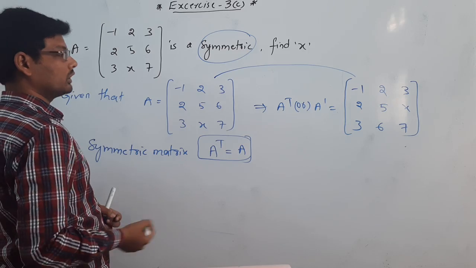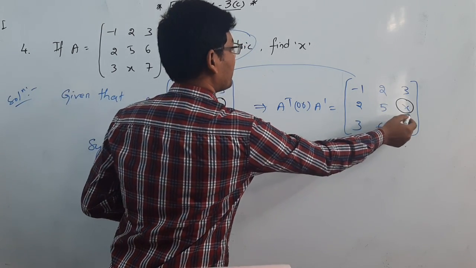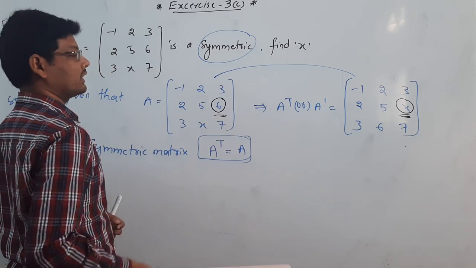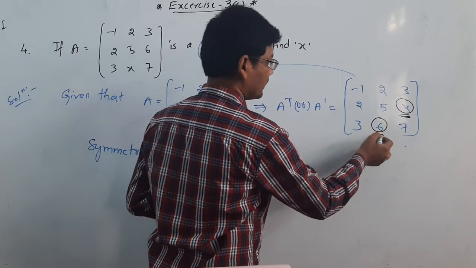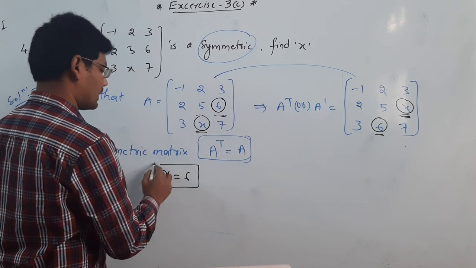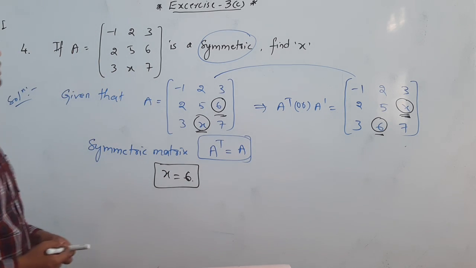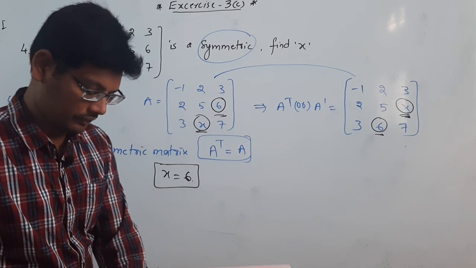Here, comparing the A23 element and the corresponding elements of x, x is equal to 6. The x value is 6. This is all about question number 4, and the next question is